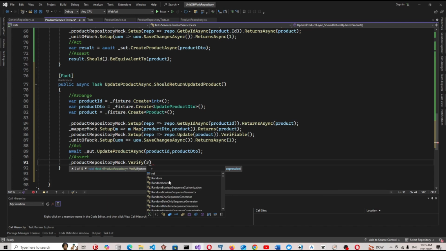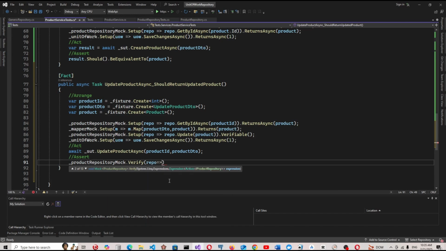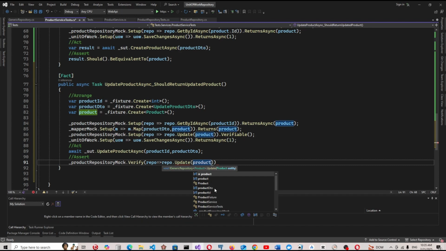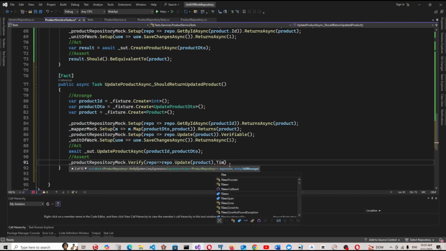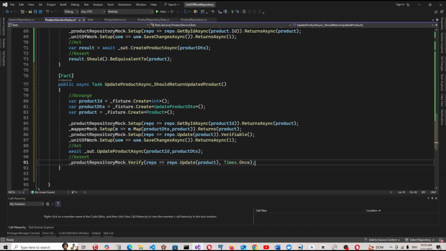Goes to repo dot update dot product dot absence. So we call it once. We call the product repository calls to that update method once. Also, unit of work